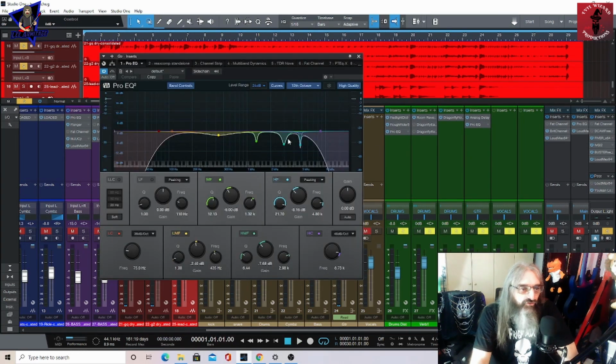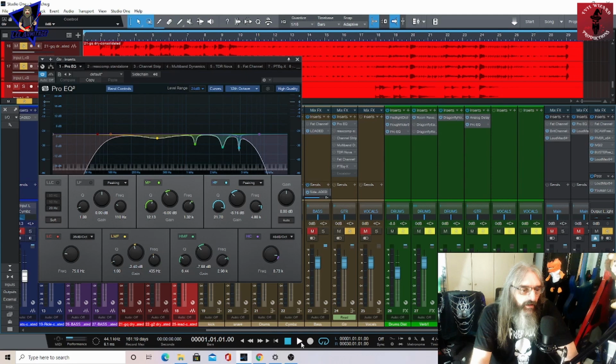To start off with, just using some EQ in there, just to take that chugginess out of the mid-range, and just a couple of frequencies that would annoy me. That was all I got on there. So with the EQ on,